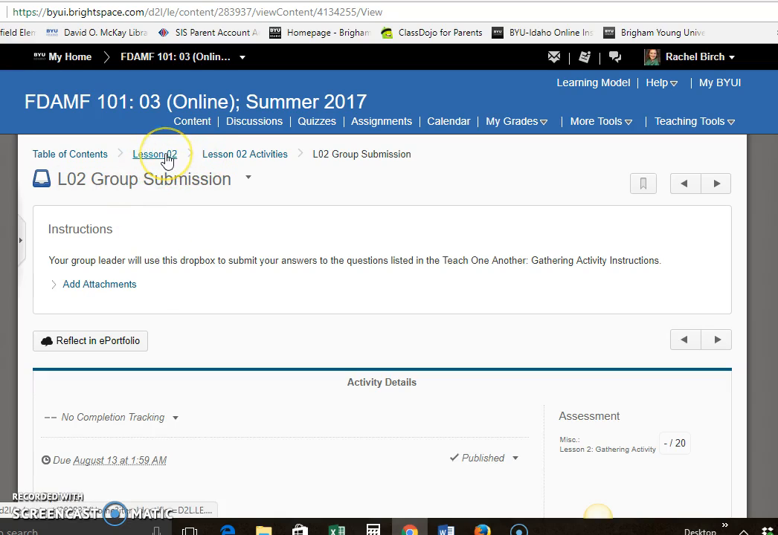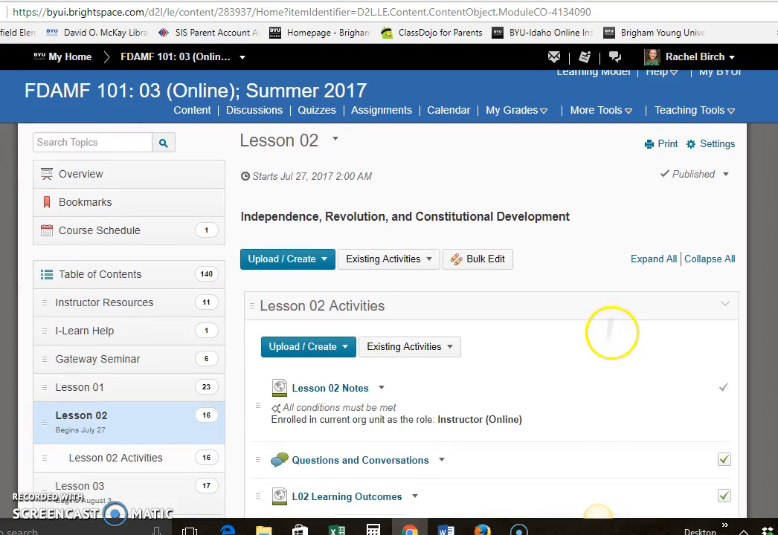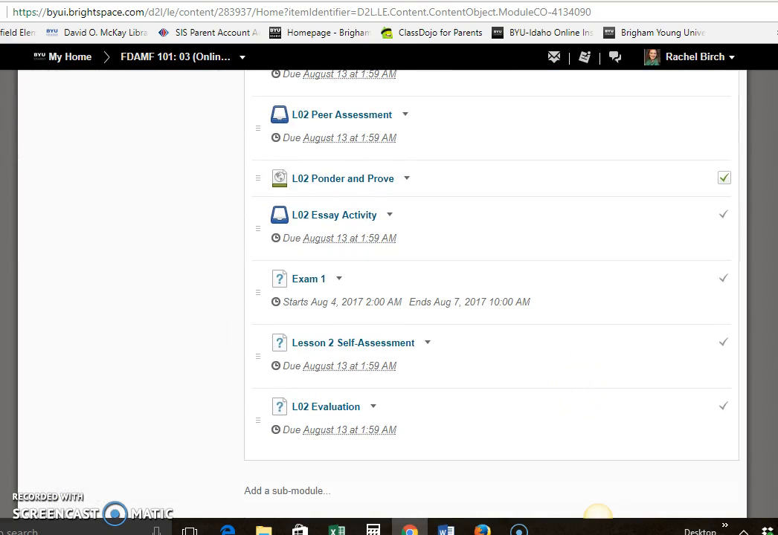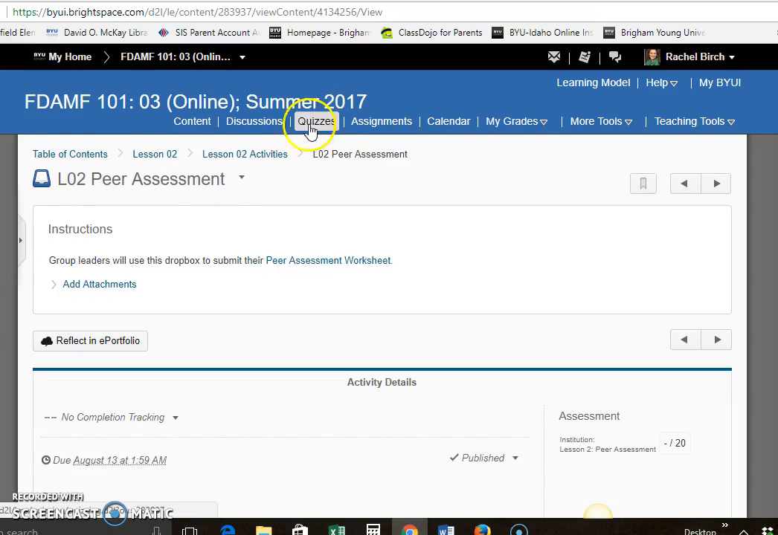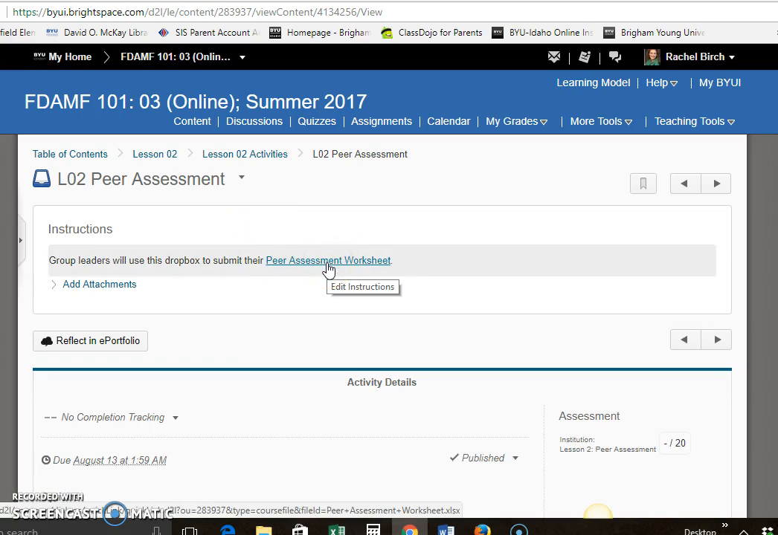The last part of the group leader requirement, the last important part of this requirement, would be to go back over to lesson 2. Again, scroll down to the very bottom and do this peer assessment. Click on the peer assessment, and if you click on this link, it will download a peer assessment worksheet. You go and you list each member of your group and assess them according to the rubric